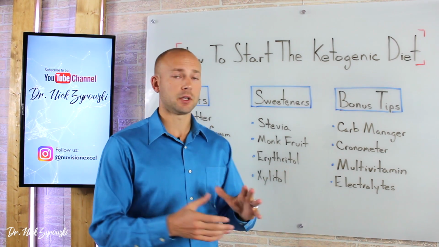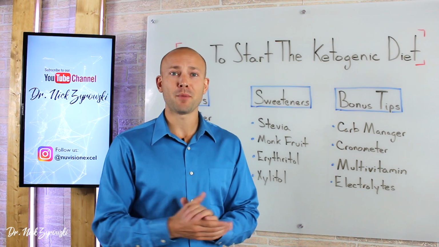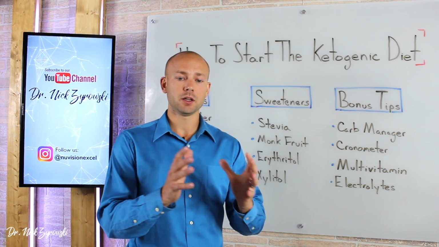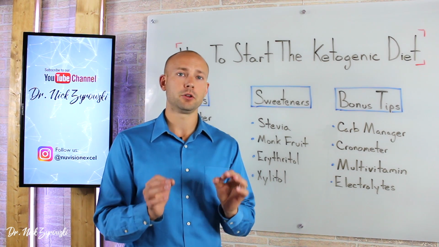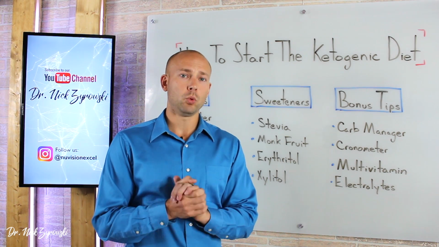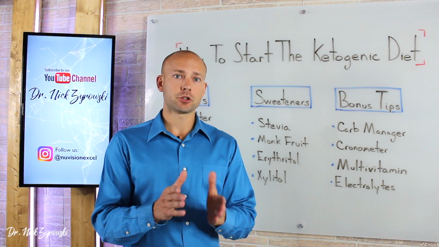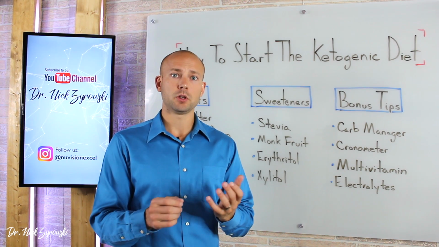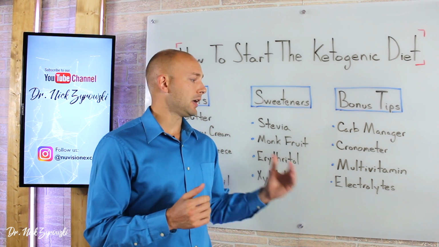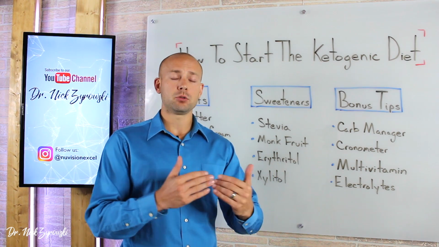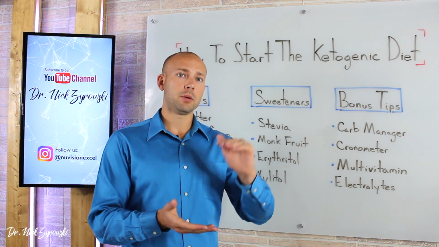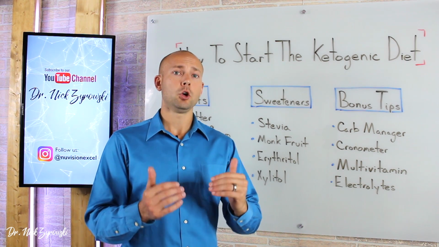Now, another couple bonus tips I'll mention because I have a few that just came up off the top of my head. So first of all, I had mentioned to you when you start the ketogenic diet, you're going to have to just kind of move different percentages of foods around, and you're going to also have to maybe have more protein or less protein, and you really have to figure out what's right for you. Now you can use the Precision Extra meter, which is a way to measure ketones, and so you basically use your blood, you'll measure the amount of ketones that are in your blood, and then it'll tell you whether you're in ketosis, whether you're not, how deep you're into ketosis. And so anyway, using the Precision Extra meter is going to be powerful, and then you're going to be able to kind of mess with your